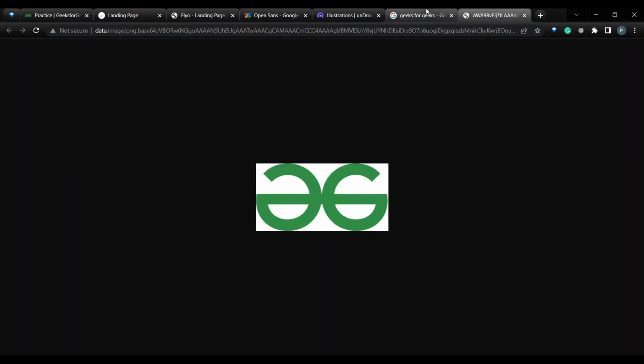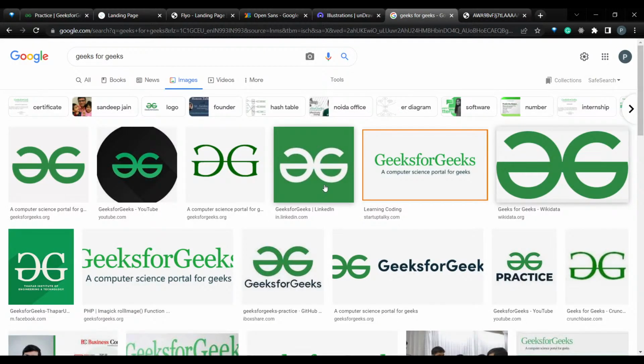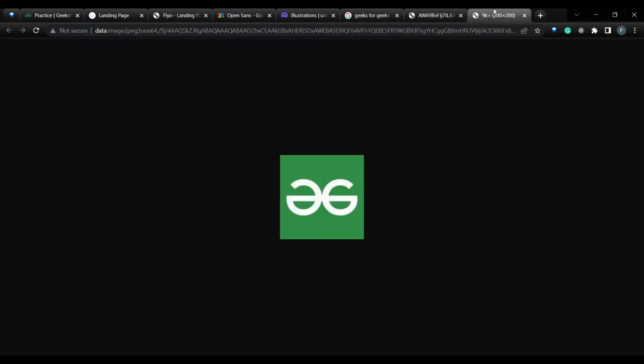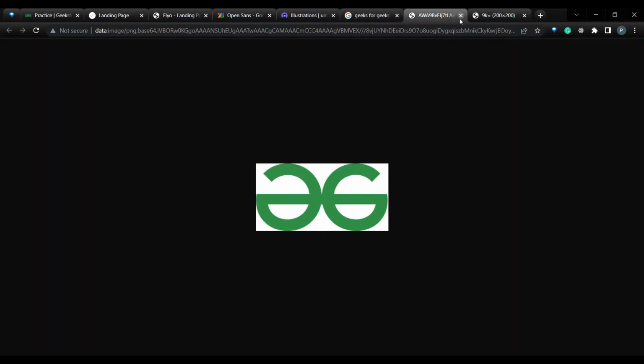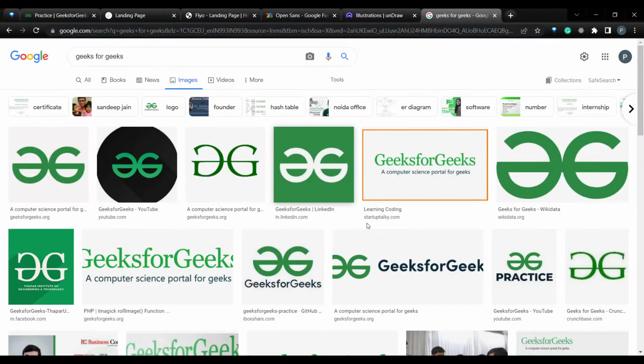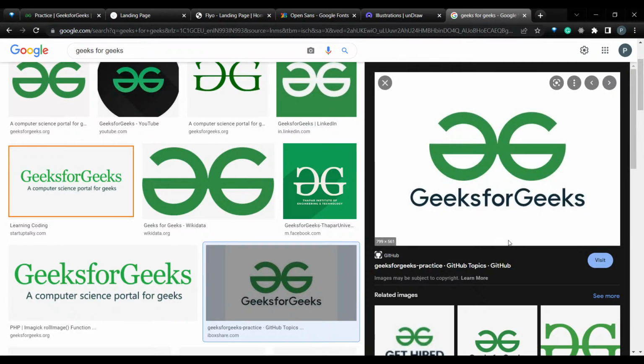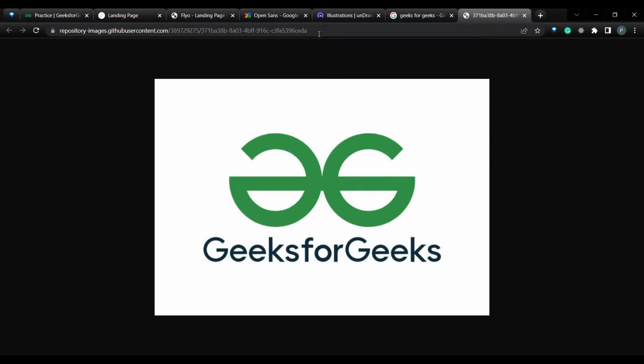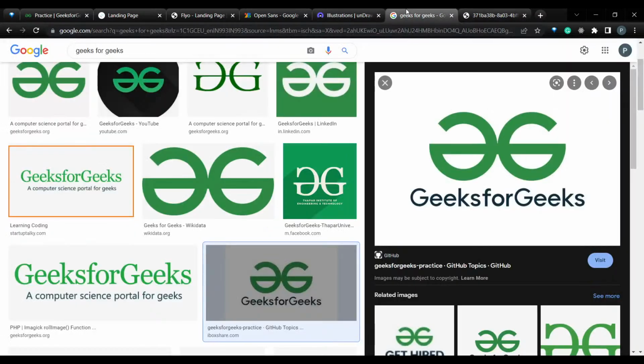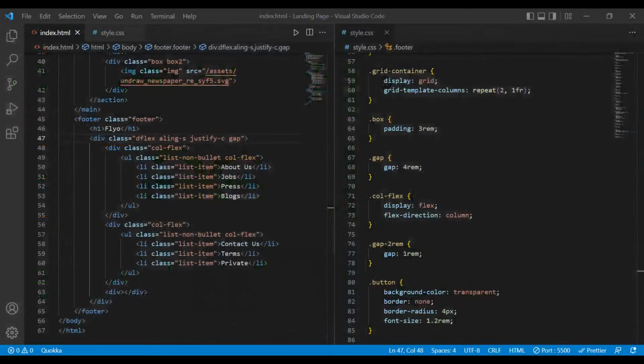Okay, this will have a very huge link. Instead of this, let's say this one, open image in new tab. Something which has a smaller link. This one. Open image in new tab. Okay, this one has a smaller link, so I'll use this link. And okay, so I've copied the image. Now let's go back and let's add